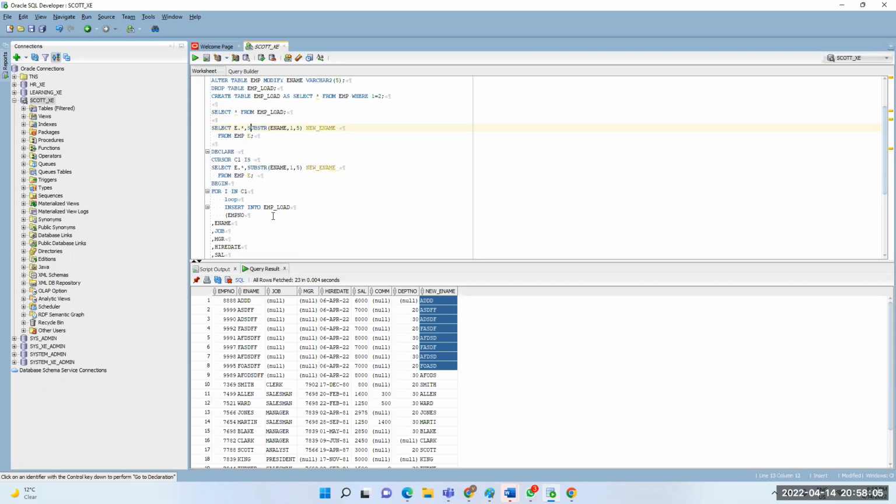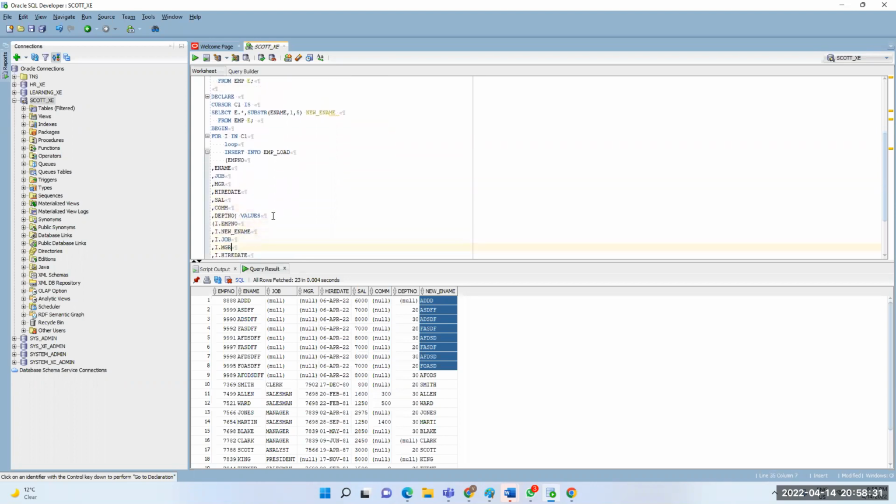Okay, so now I understood. So let me explain about that one. That ename, we have more than 5 characters in the previous table, right? So our requirement is now the 5 ename characters. That's why you use that substr. So I'm extracting 5 characters from the employee table, employee ename actually. I'm getting the employee name from here with 5 characters. That name I'm using here.